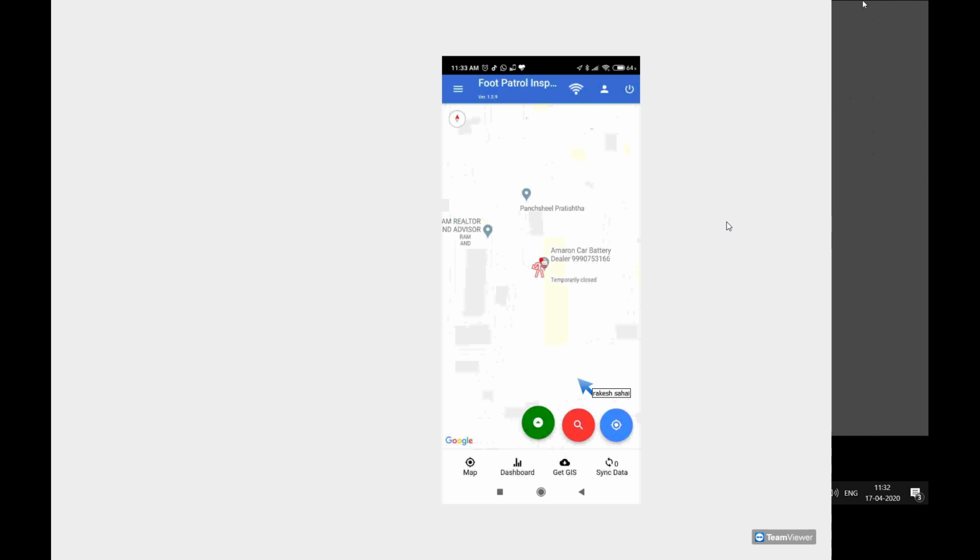So we will discuss all the icons, all the... Mr. Rakesh Sahai, want to say something? Please do not move your cursor. Okay. So